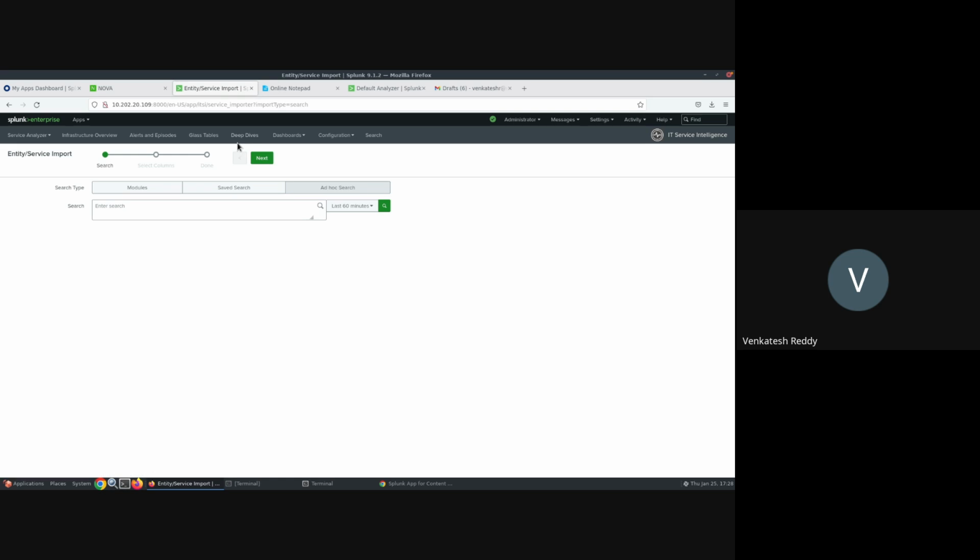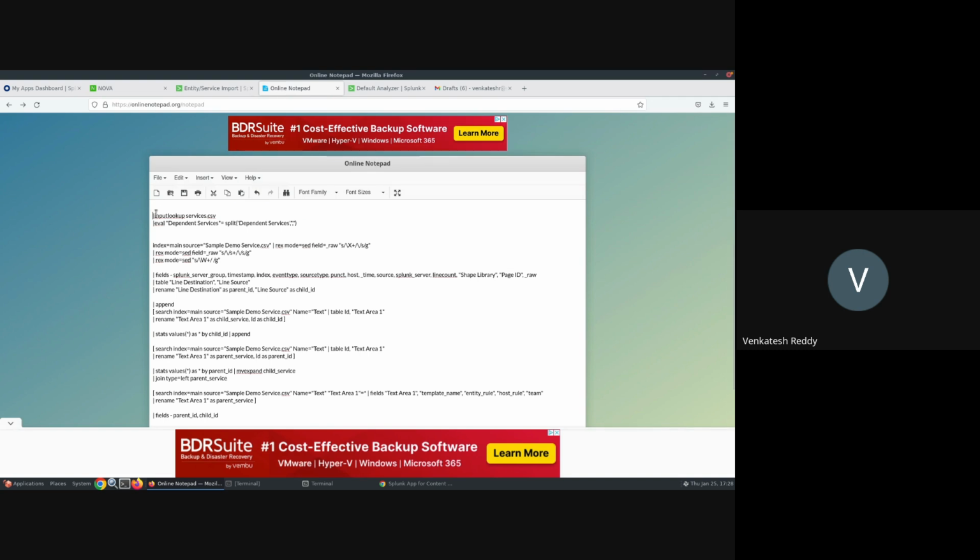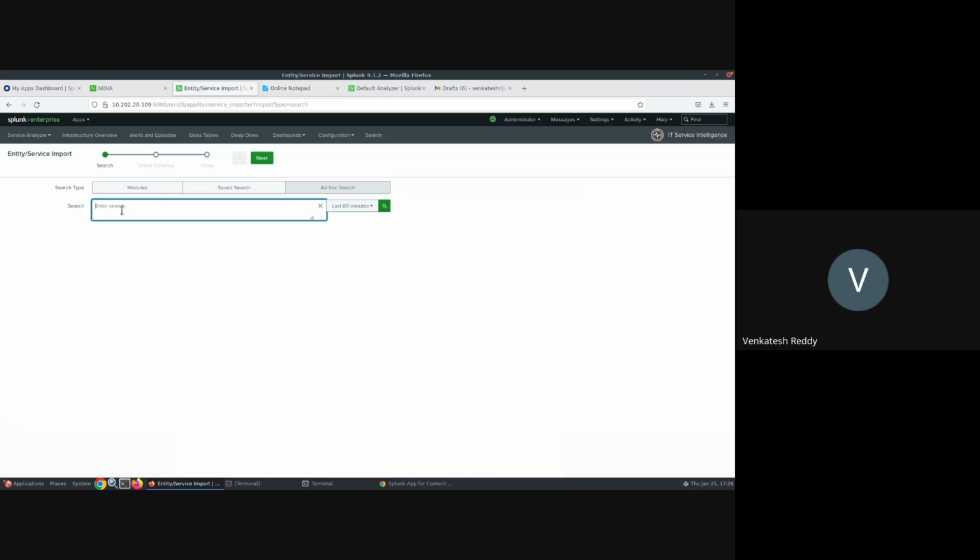That's fine, because we can create an Excel file and define all the services there. Since I uploaded the CSV file, I will call that particular CSV file and then do an eval on that so that all the dependent services will be split, and then click on search.